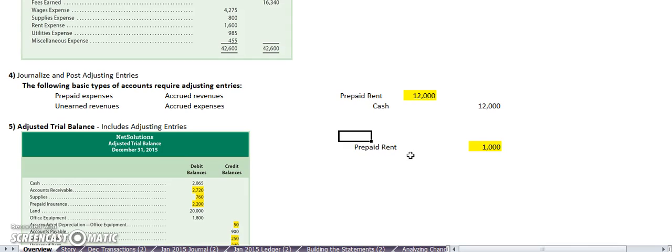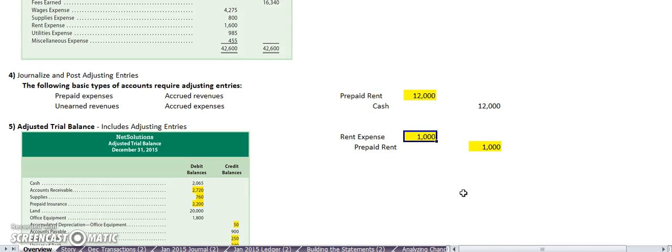Okay. And so we're going to recognize expense. One month's rent expense is going to be rent expense, right? Rent expense, and we're going to recognize $1,000. Okay. So what's key about the adjusting entries, and I don't know if it explains it in the book, but